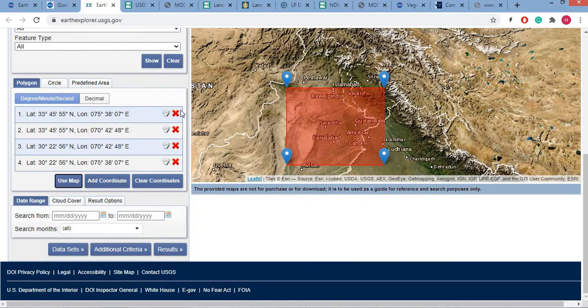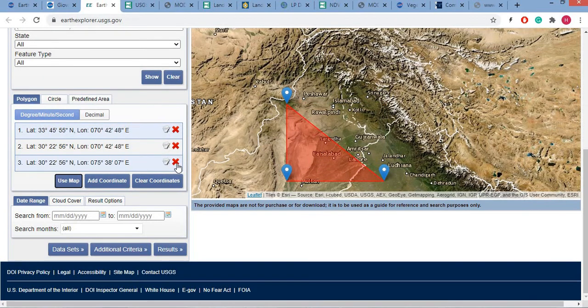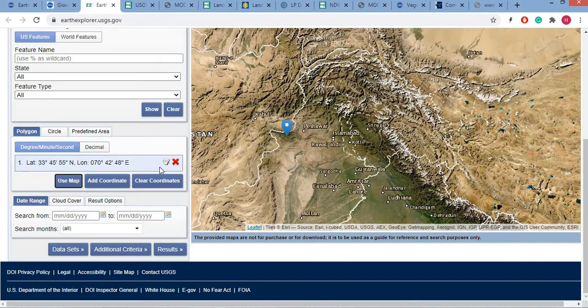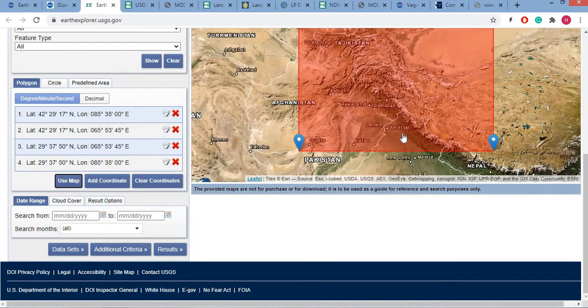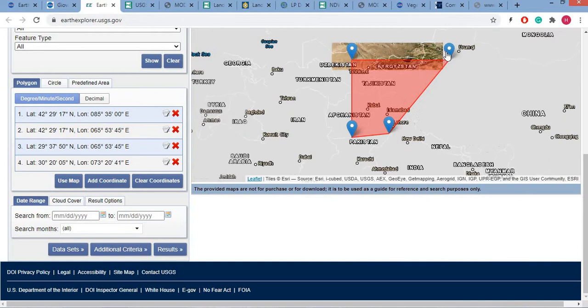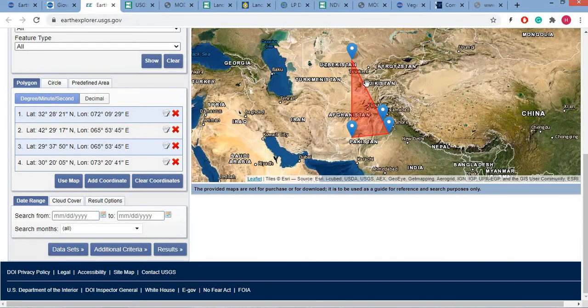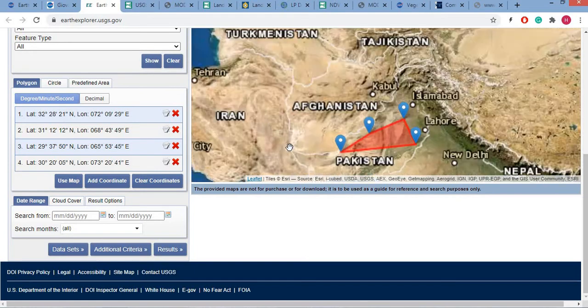If I am here and then I am going again to use map, it will select the screen where we are. Basically you can move these points like here. You can select any irregular polygon like here, if we want to get data of this.